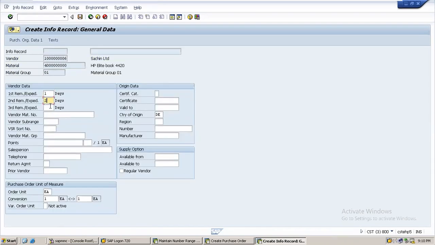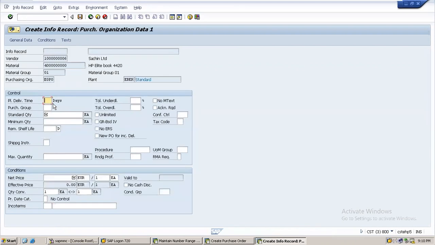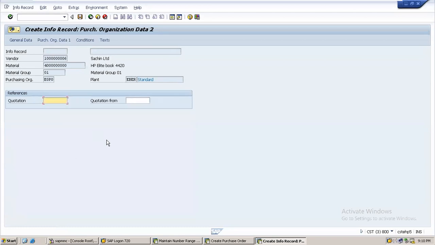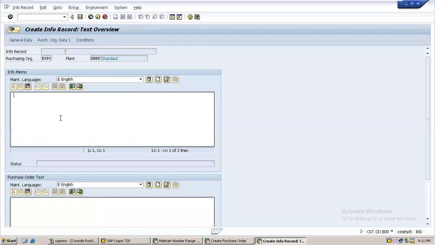Reminders 1, 2, 3. Planned delivery time 7 or 10 days, whatever information we have. 10. Purchasing group PG1, standard quantity I'm giving 1000, minimum quantity 100, price this is 520 per each. Then this is the quotation number if you have anything, or I can go to the text. This is again some text,